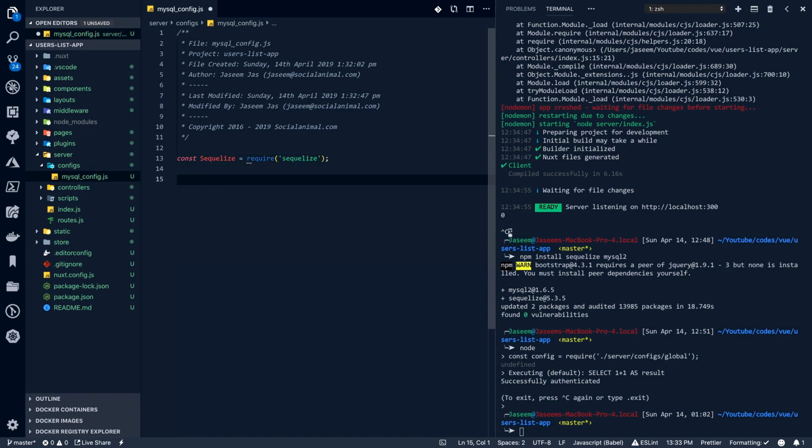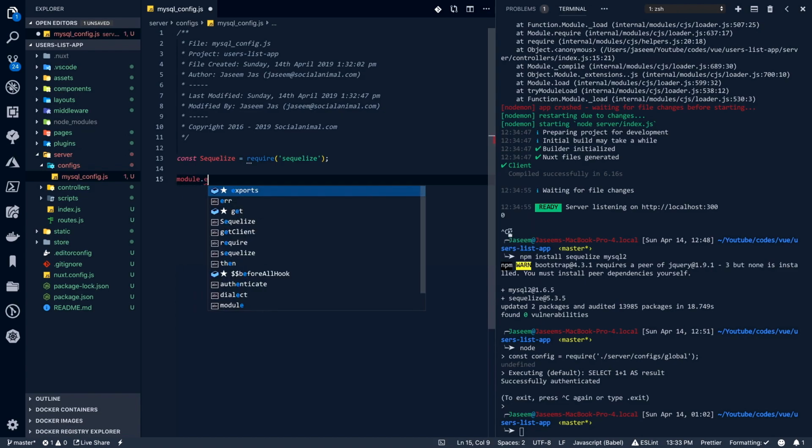Next, we are trying to configure Sequelize with MySQL. Okay, so module.exports equal to